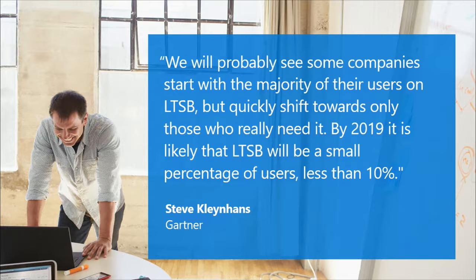Some organizations are going to look at this today and say, yeah, I can see how my PCs can fall into that current branch for business bucket, and I can put a significant percentage of my machines in the situation where they're going to get new upgrades 2 to 3 times a year, but deferred 4 to 12 months before those updates are actually deployed. So that's really what we want to enable.